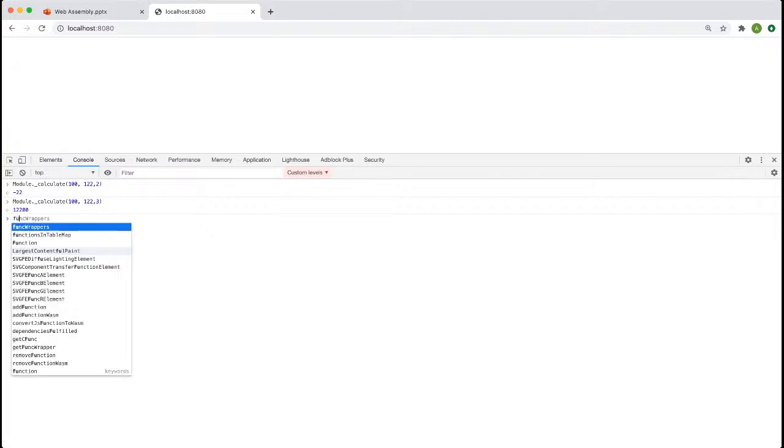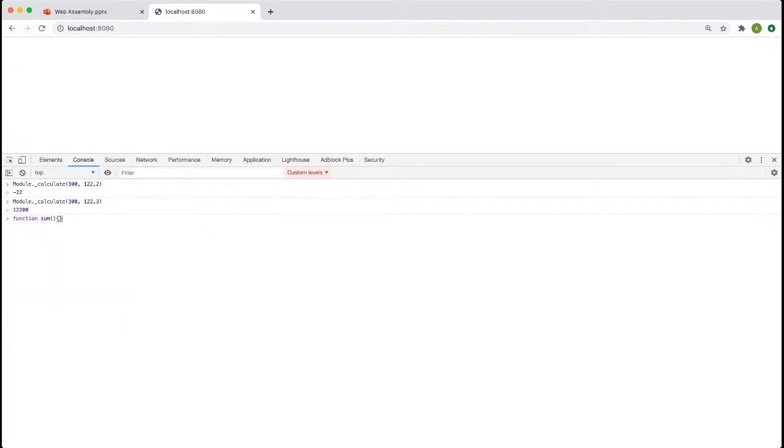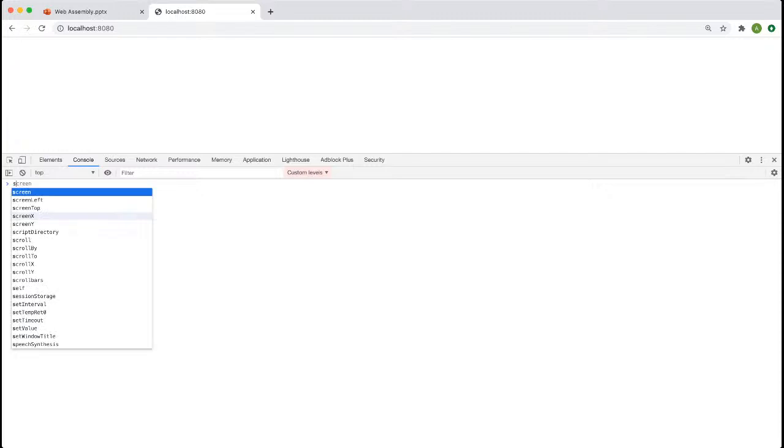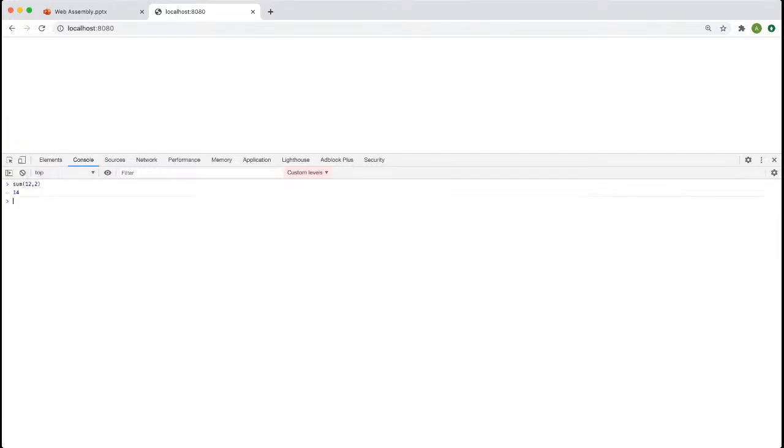You can also create a wrapper around this to get a more logical output. Since I have created a sum, I will fix the operation code as 1. So now I have written a function sum. If I write sum(10, 12), it will perform a summation. So now I have created a wrapper around the function that is exported from the WebAssembly file. Similarly, we can export as many functions as we want, and then we can handle the calculation directly.